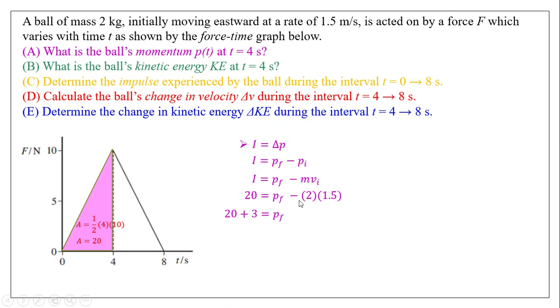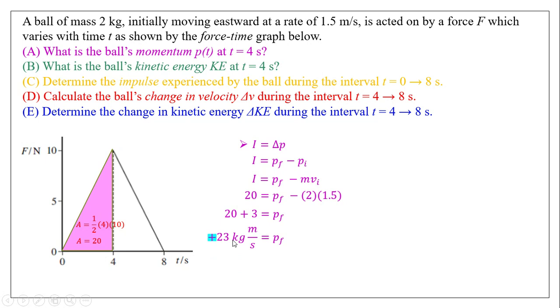In order to solve for PF, I need to move the negative 3 to the left side of the equal sign, which makes it positive. So here on the left side, I have 20 plus 3, and simply the 3 comes from 2 times 1.5. Other than that, PF is just simply 23 kilograms meters per second, or you can say 23